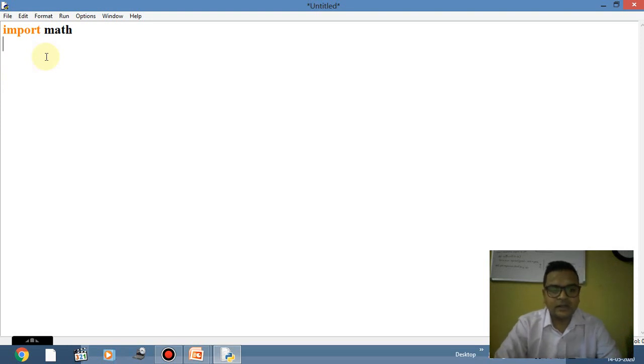The second one is, what is this module going to contain? So the module will contain all the related functions, so we should be knowing about all the related functions. So the second method is from math. मतलब मैं math module से मुझे क्या import करना है. Now I don't want कि मुझे सारे function import करने हैं, मुझे केवल square root निकालना है किसी एक variable का. तो that is another way.